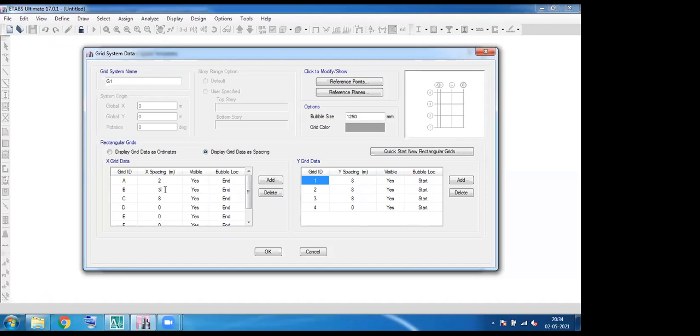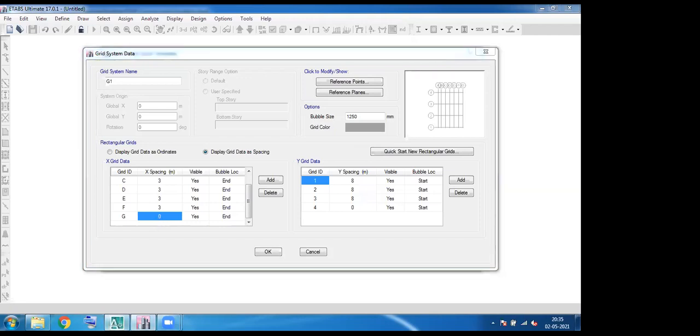While I'm giving these values in the grid data, you can see at the top there is a small window. It shows the actual grid, a prototype. Again 3 meters. Enter, 3 meters. So everything is 3 meters up to G. Finally the G is 0.